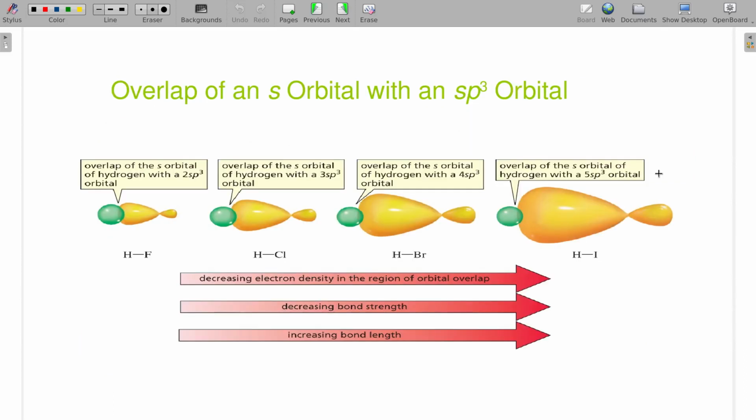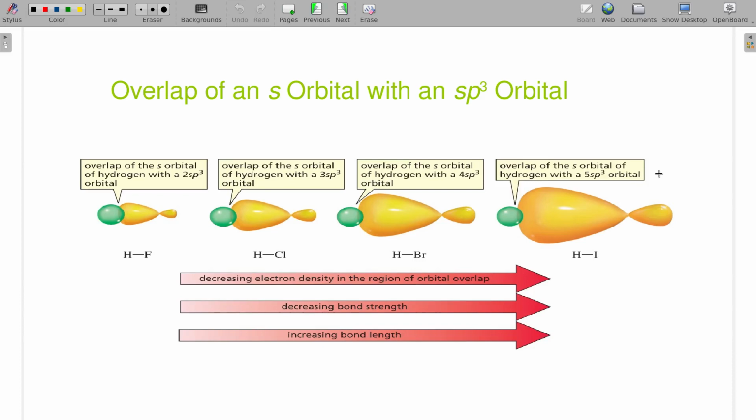All right. Along with that sp3 on those heteroatoms, it turns out we can start predicting things like bond strength and bond length based on what atoms are being bonded. Now, where that plays in, we have to look for some similarities. So what we're going to start out with is looking at just our halogens bonding to hydrogen. Biggest reason we're doing that is because we can rank the length of the bonds to the size of our atoms.